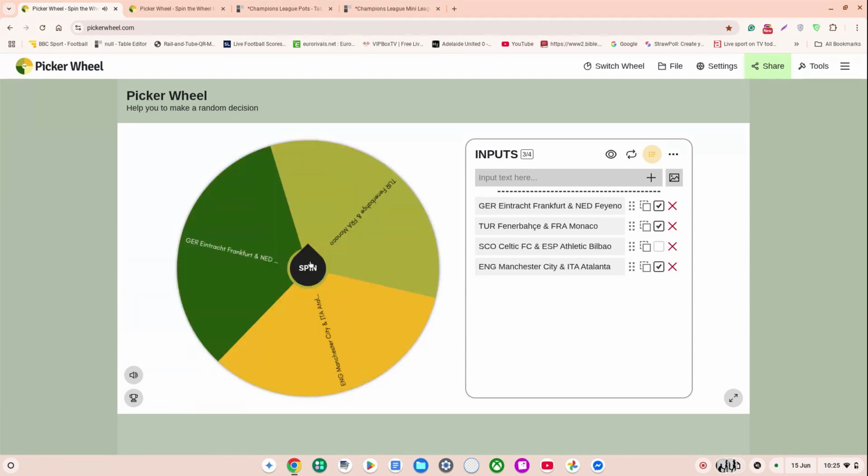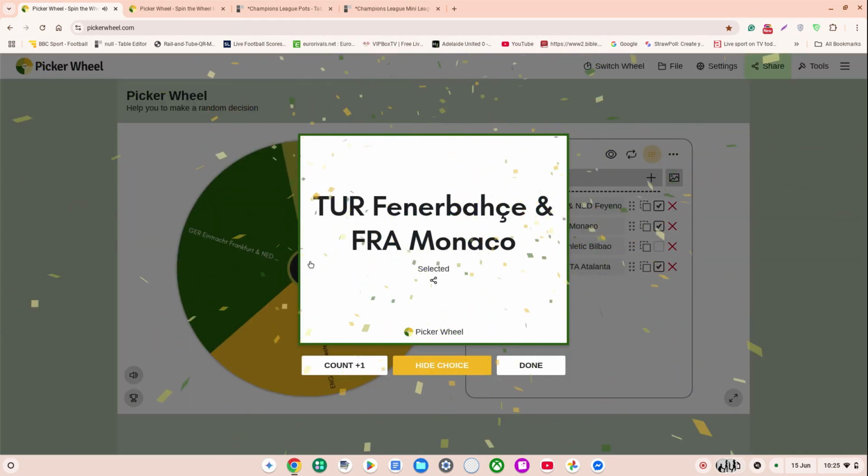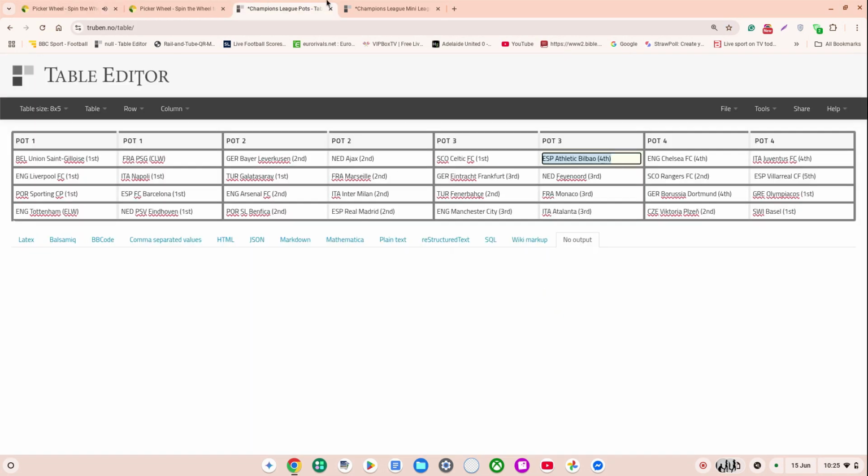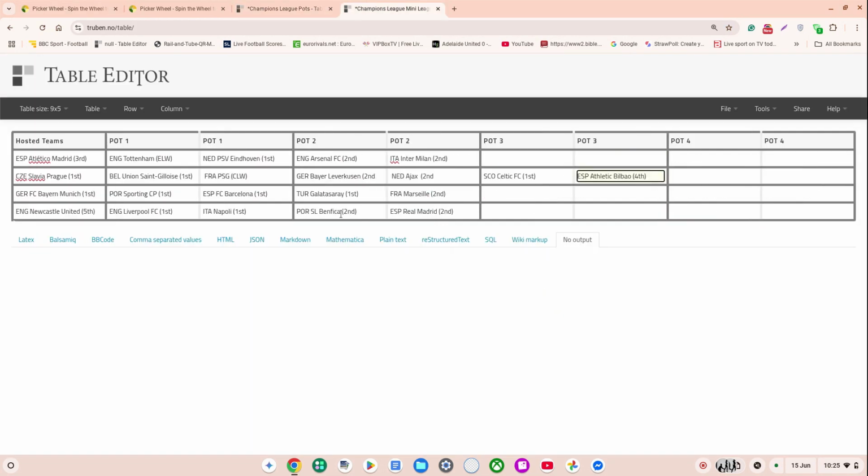And stop. Fenerbahce and Monaco. Alright, we will have to see. Have to be careful not to put the teams. So, any French teams here? Nope. So they can play in Atletico Madrid's one. They can't be in Bayern Munich because of Galatasaray. And they can play in Newcastle. Newcastle's mini league or